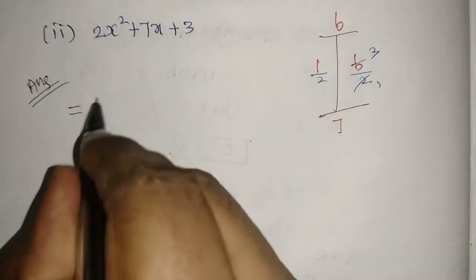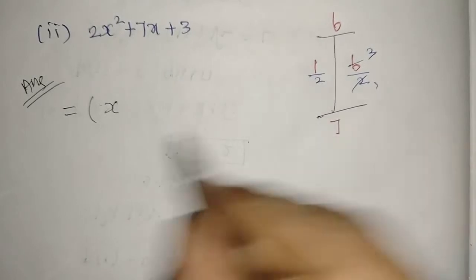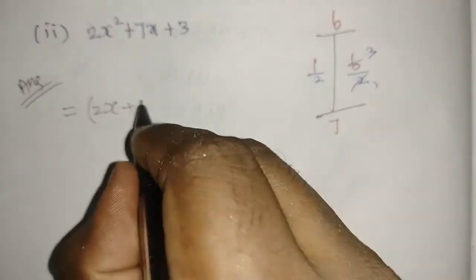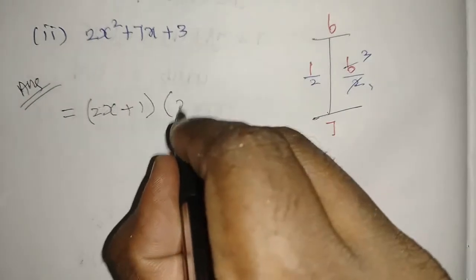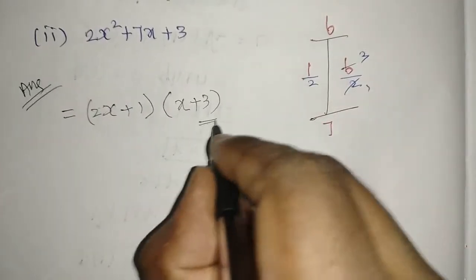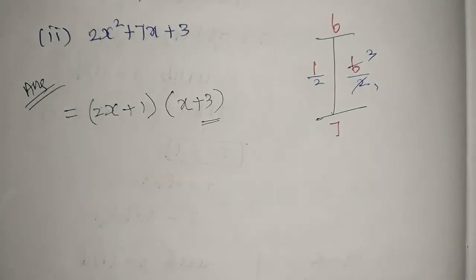Now we'll go for the answer. So see this, my dear. Here first x I'm writing. But in the denominator we have 2, so that 2 you have to give before x, meaning as the coefficient of x. This is plus 1, so 2x plus 1 I'm giving. And in this one the denominator is 1, so 1 into x, x only, plus 3. So that's it, our answer is over. This is factorized.